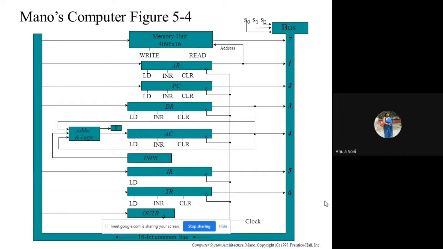Yes, ma'am. So yes, the extreme bit, see, whenever adder and logic is not only going to perform the addition of 2 bits, it may be adding your n bit data also, the 2 numbers, 3 numbers of n bit capacity. Here clearly all connections are not made. As much as connections are required, only those connections are made in your book, which are basically for the basic computer. But whenever we talk about the addition of n bit data, every time whenever you are going to add 2 bits, a carry is generated, it may or may not, sometimes 0, sometimes 1, and that subsequently is utilized in the next bit addition.